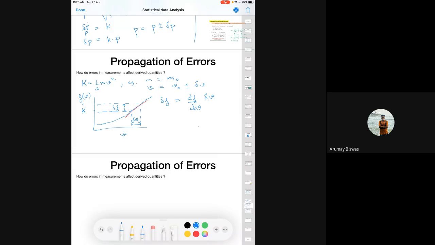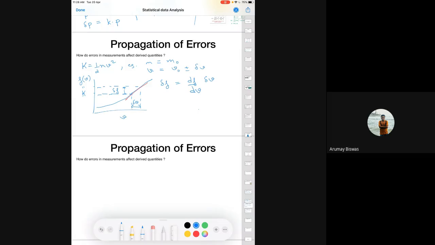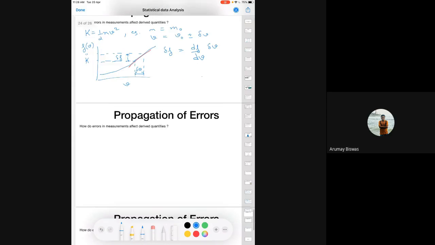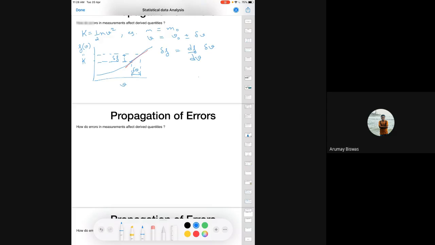So this is quite obvious in a way. And from this general principle, you can also calculate the formulae that we've been talking about before for addition, subtraction, multiplication, and division. And this can also be generalized to two or more variables. So here I had said that the mass has no uncertainty, but suppose now that my mass has some uncertainty as well,